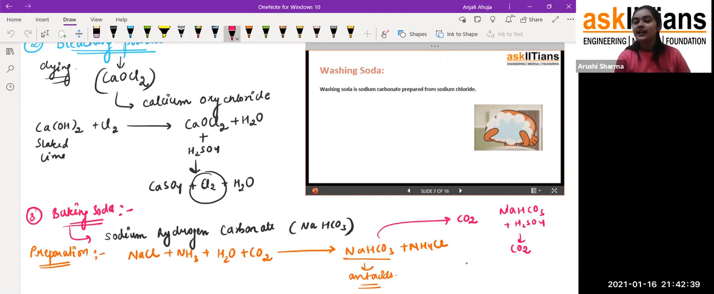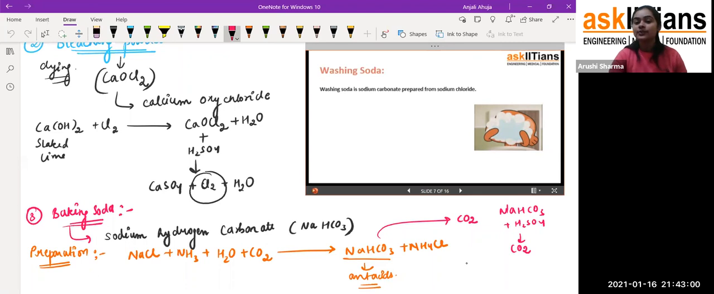So washing soda is sodium carbonate prepared from sodium chloride only. We use sodium chloride to prepare the washing soda. It's just that NaCl is used to form the bicarbonate, and then the bicarbonate can convert into sodium carbonate. Okay, so that is the washing soda, students. I will tell you what the formula is. But